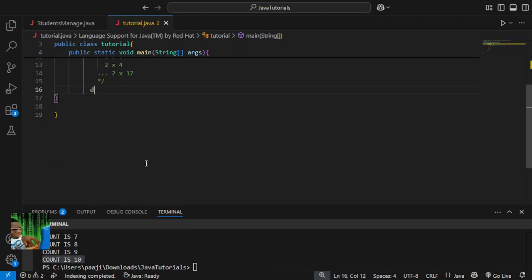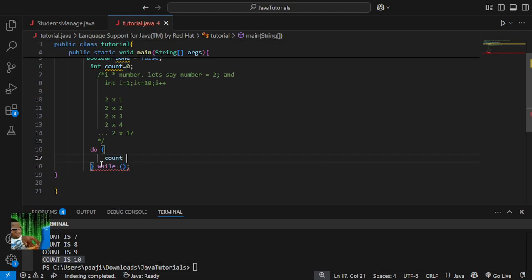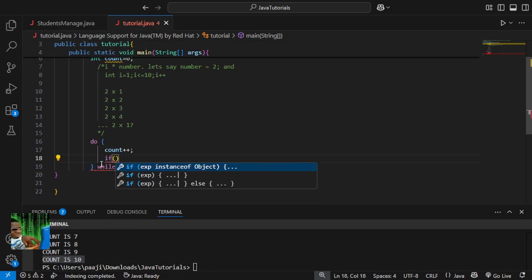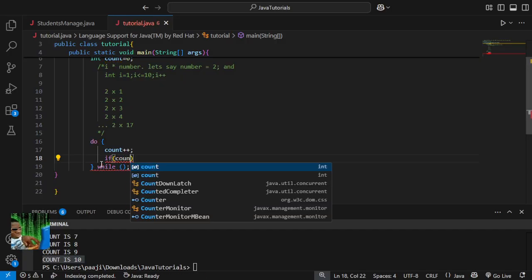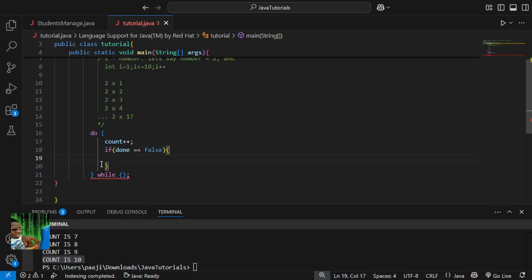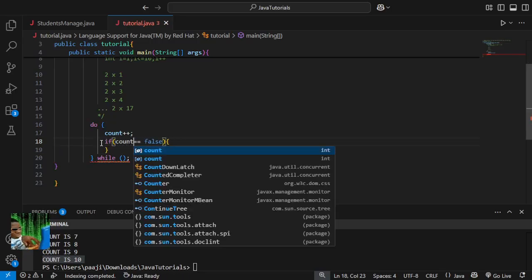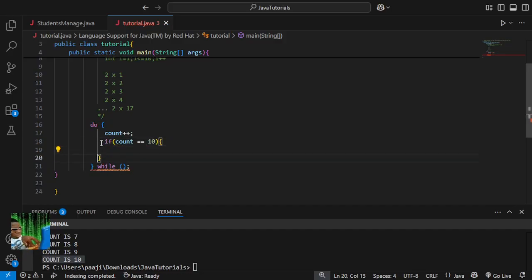Now next is the do while loop. I have actually never used this in my life. This is very rare. I'm just showing you. Do while is literally the same thing. Let's say do count plus plus. I'm just putting the same code into this. Do count plus plus. If count is equal to 10, then